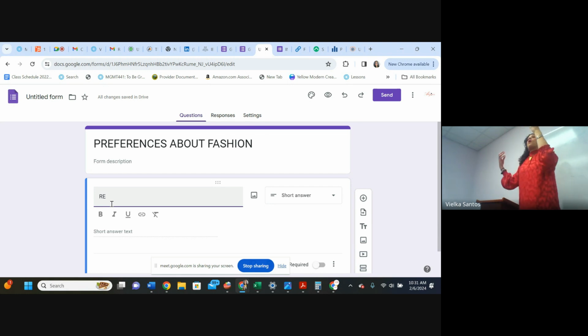Third question, what kind of fashion products do you consider you buy? Fashion is a very general word, and this is one of the mistakes we make in research, that we use a general word. Fashion can be clothes, but can be shoes, or can be a certain product for a wedding that you want, or maybe traditional clothes from your country that you want to bring. Who knows, right? So I can give my customer options about which products they usually buy in fashion, okay?